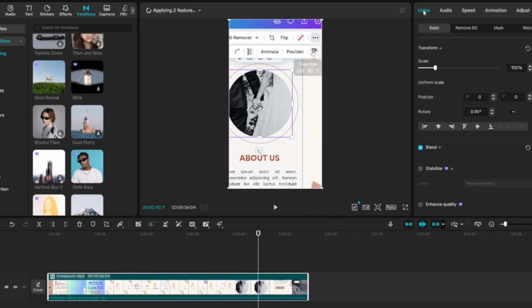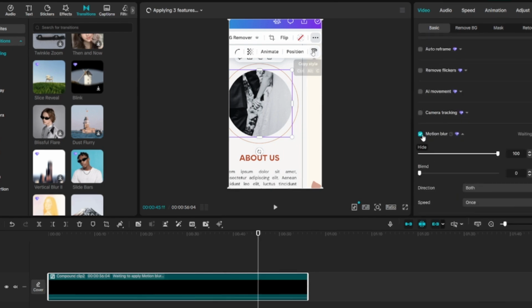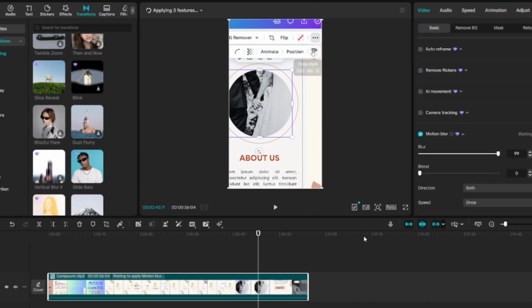So go into the video, and then you can apply a motion blur filter, which only applies up to 99%. You will see a progress bar at the bottom of the video where the motion blur filter is being applied. Once it's finished,